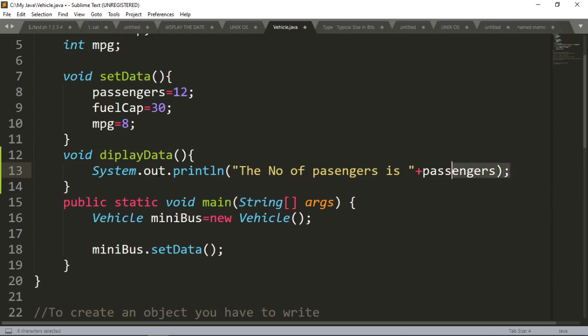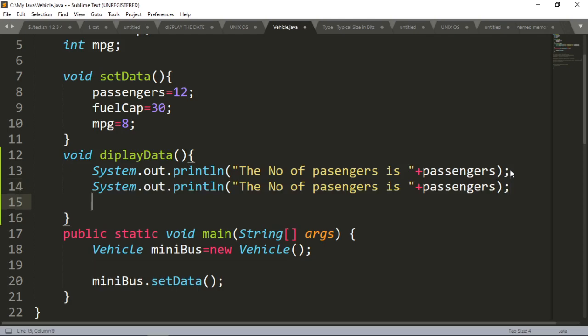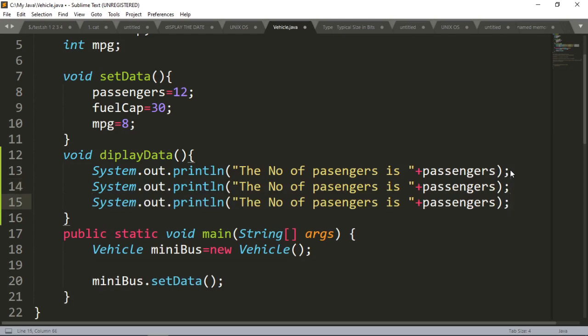Now I will make a copy of this statement because I need two more statements after this. Control V, and then again Control V. That means I'm pasting those two statements.